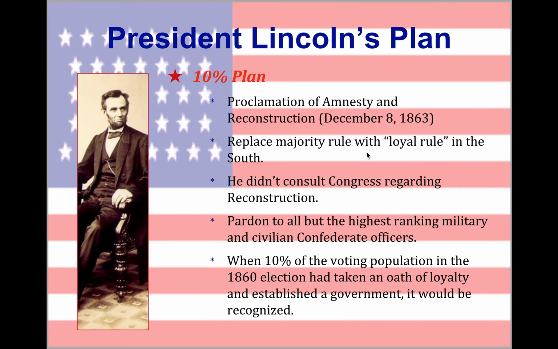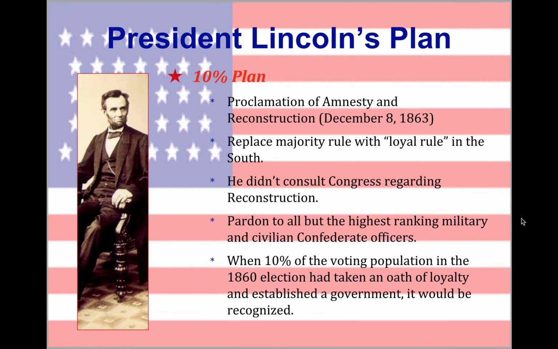This is a presidential reconstruction plan. It's a proclamation by name after all. So he's not talking to Congress when he first determines this plan. Part of the plan was to pardon everyone except the highest ranking military officials. And so that's important for us to realize because, as far as Lincoln is concerned, the average soldier was not guilty of a lot of these war crimes. And he also just wants to proceed with life as usual by not punishing everyone that joined the Confederacy.